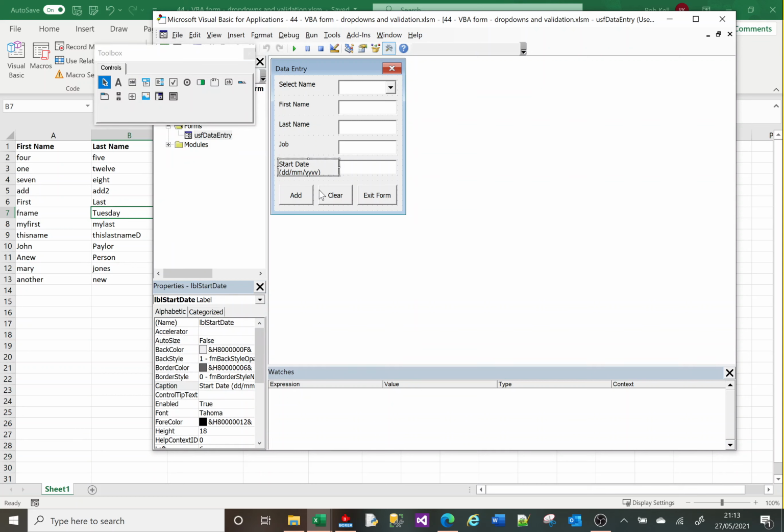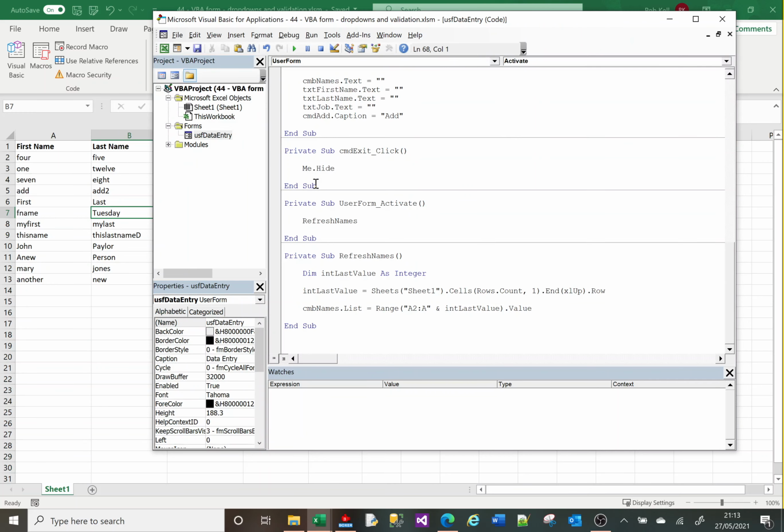What might make it a little bit easier as well is if, when you show the form and the form initially appears on screen, it actually has a date in there, maybe today's date, and it will show the format that we want it in. It'll allow the user just to change the actual date that's appeared on screen rather than having to type it afresh. So in order to do that, if we just double click on the form in here, it'll take us to our user form activate function or procedure,